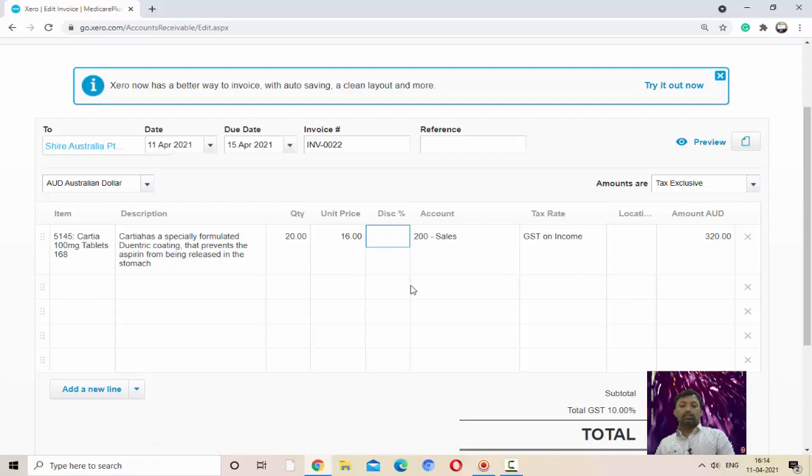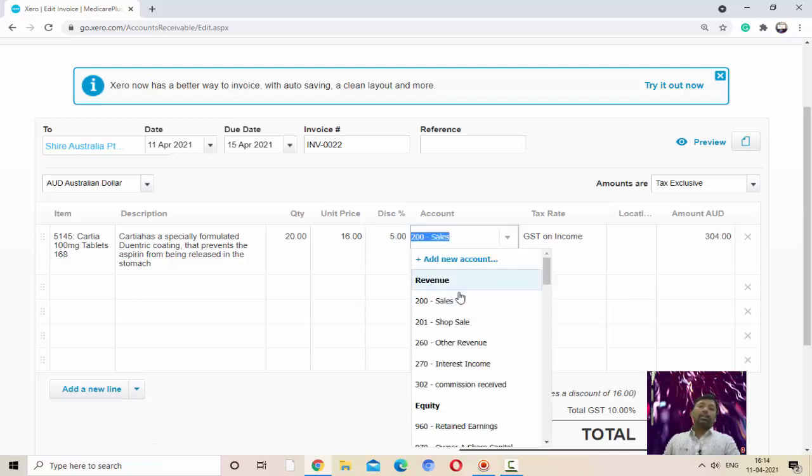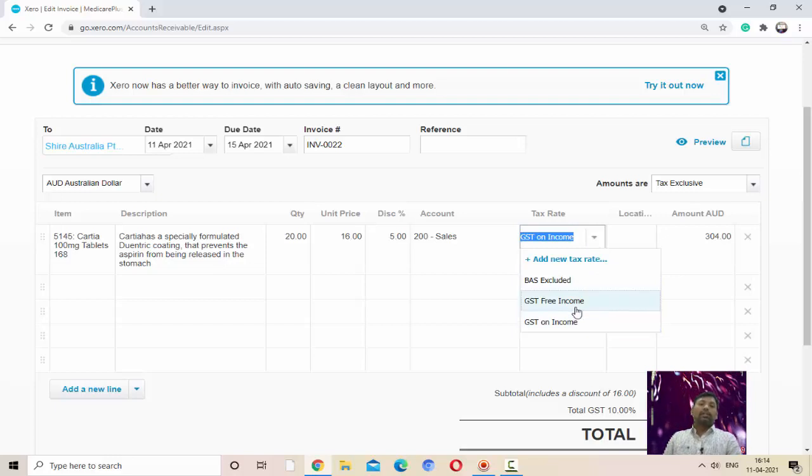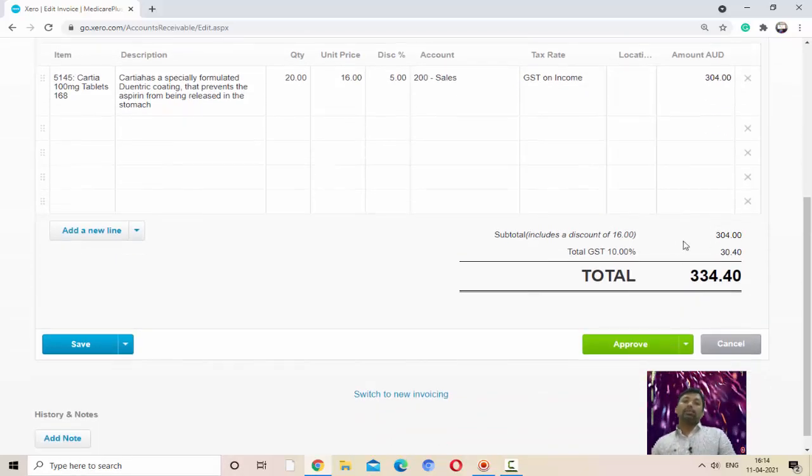Enter the discount, if any, allowed to that customer. Select the sale account in which that sale will be affected, and then select the GST on income account, or if the goods are GST free, select the GST free income. If it is GST on income, select this and enter the amount. That entry will be saved, 304, and total GST 10%, 30.40.